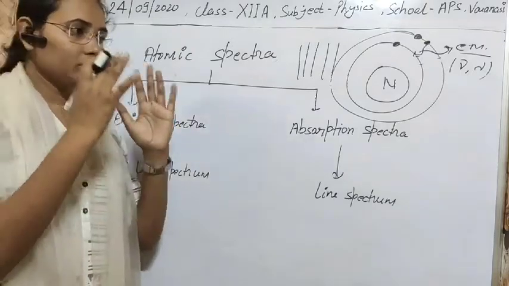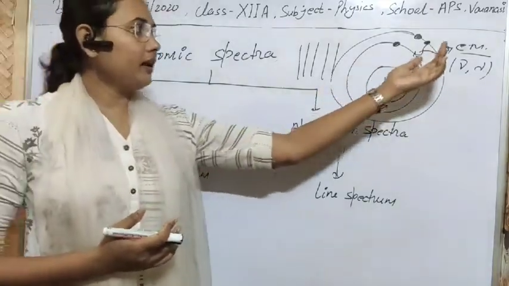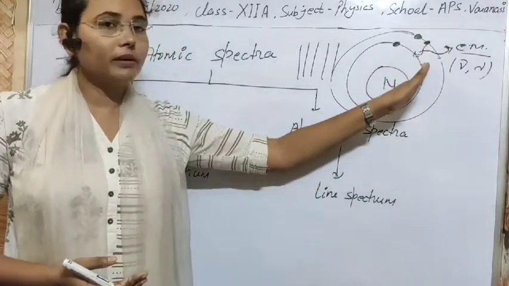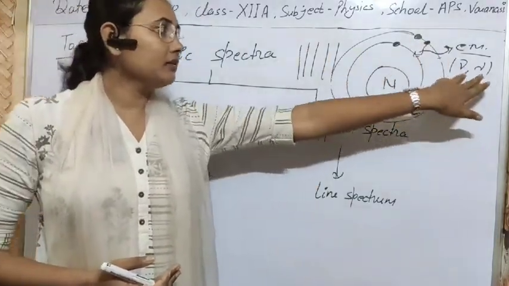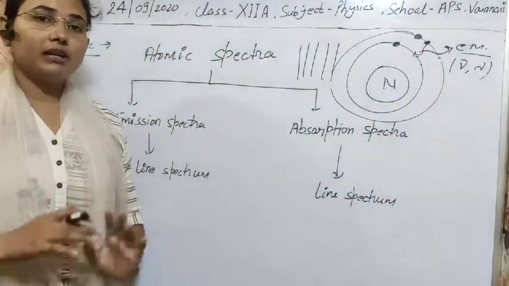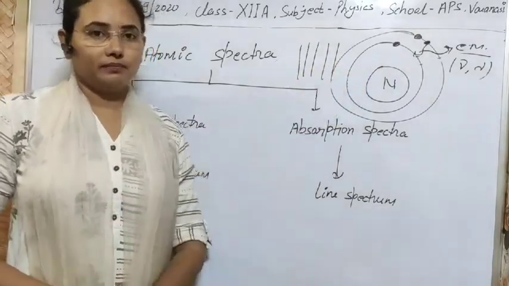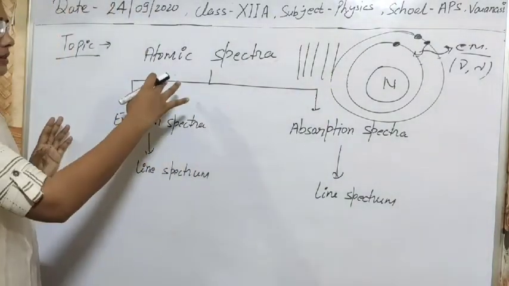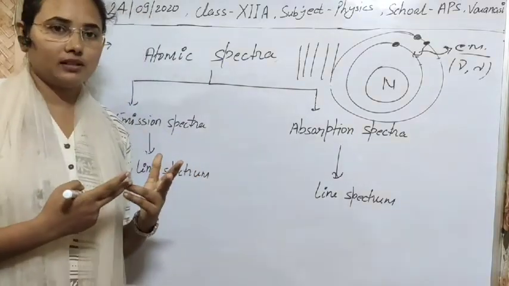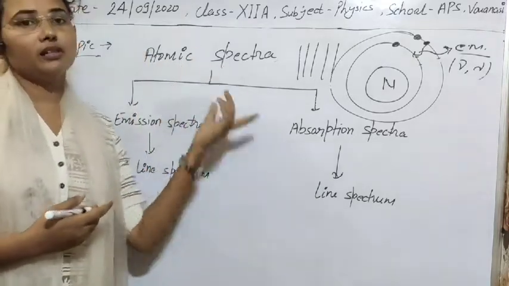It means the arrangement of wavelength or frequency in increasing or decreasing order while an electron transits from a higher orbit to a lower orbit. We can arrange the frequency or wavelength of the emitted light or emitted electromagnetic radiation, and this is called the spectrum. So spectra can be of two types: atomic spectra and molecular spectra. As we are taking the case of atoms, here we have to study atomic spectra.